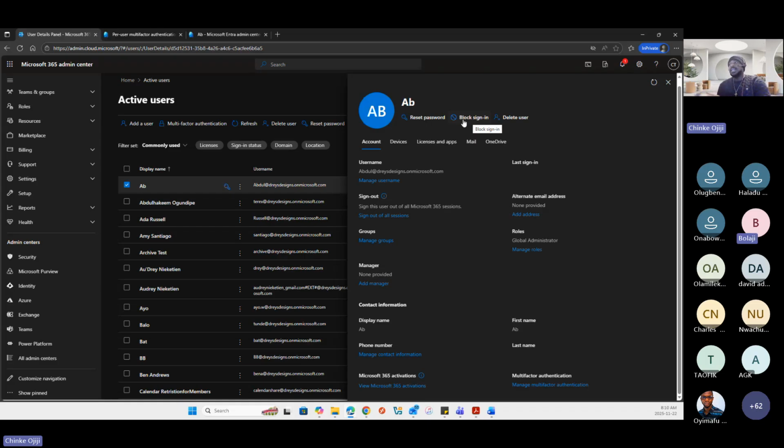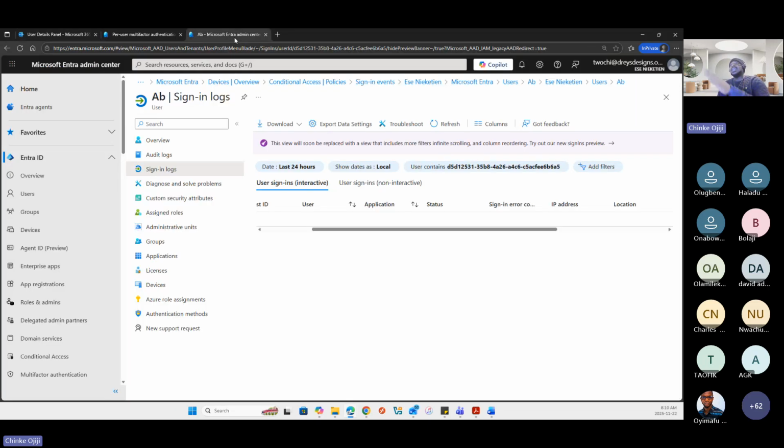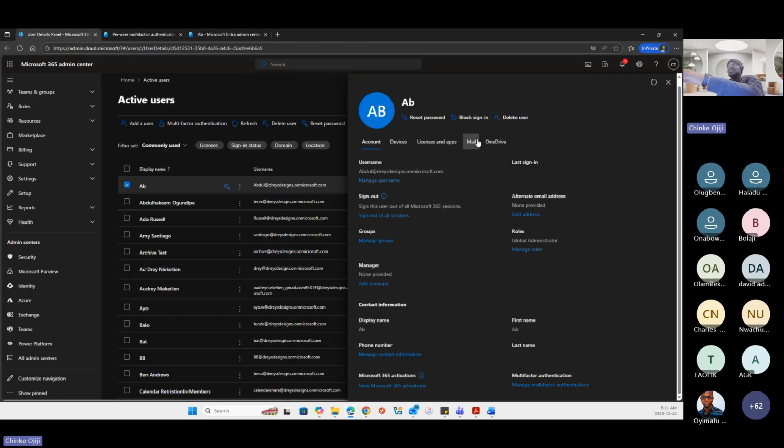That's in the M365 admin center. You have located that the user was compromised and confirmed it using the sign-in logs in Entra, and you come here and block sign-in. After blocking sign-in, you sign out of all sessions. In the identity here, where you click on the user, you block sign-in.